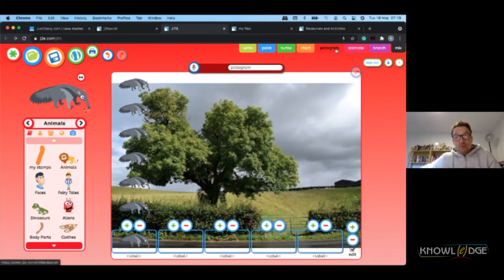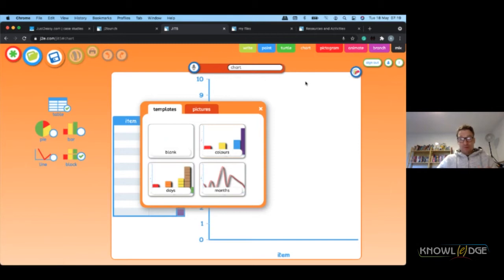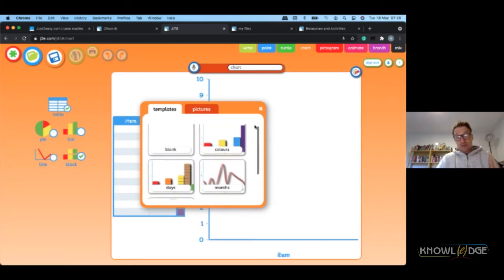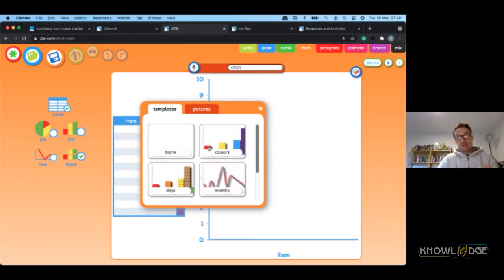So that's pictogram. Moving on from pictogram for maths applications, when children are starting to learn how to collect information and then analyze that information, oftentimes you then move on from pictograms into things like charting, which is a great opportunity to start introducing things such as fractions as well, with the use of pie charts, which is here. Let me show you very simply how it's done.